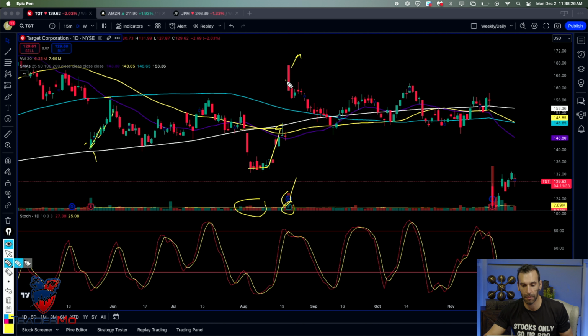Well, look what happened in the subsequent days. It took maybe 2 weeks, but it came all the way back down to the previous price that it was at. My point in telling you all of this is you cannot solely trade price action. Don't think that because a stock price moves up or down a significant amount, it's going to happen the next day, or it's going to just keep happening over and over. Usually it's not. Usually it's an overreaction.